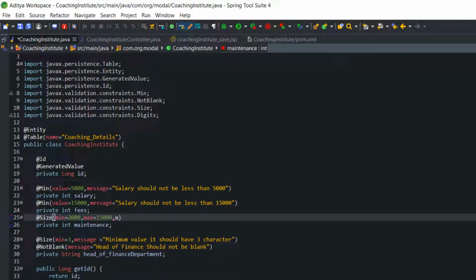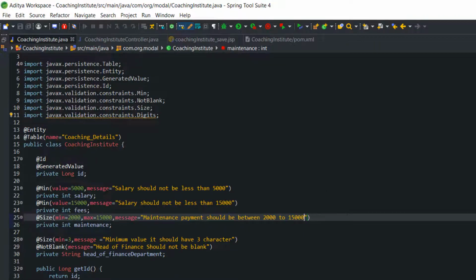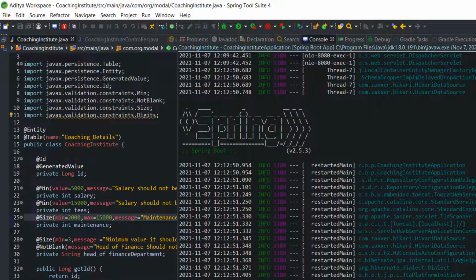After that I can give the message. The message should be: maintenance payment should be between 2,000 to 15,000. Okay, now I save the data, and the application restarted.